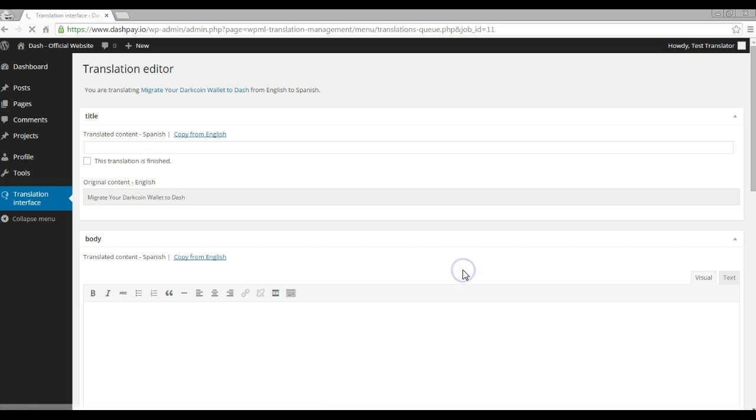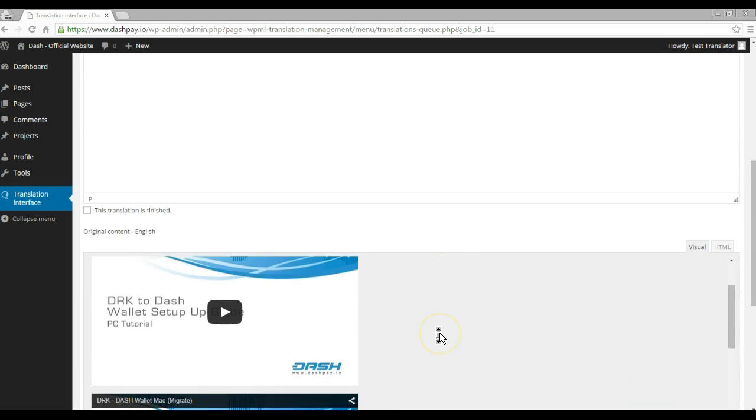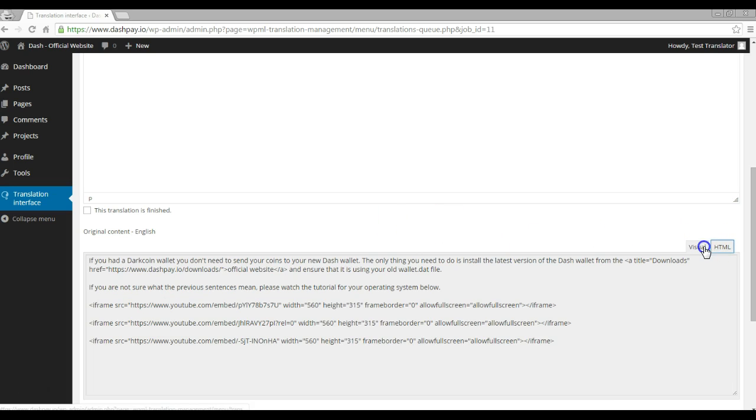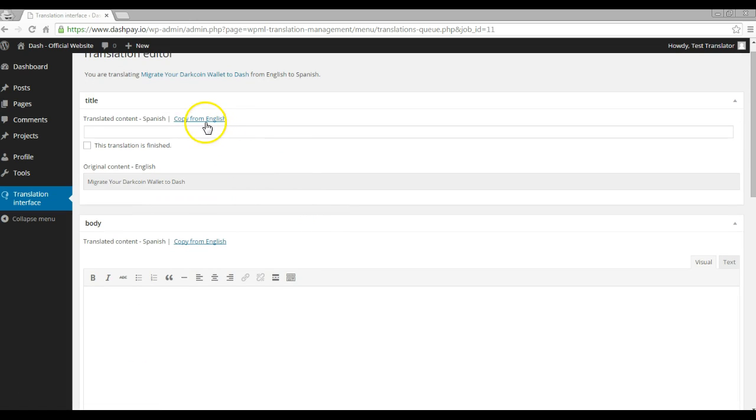In this case, just click here, you see you get this blank page. You see down here you can see how the original one is, kind of, not the page, it's not like in the page. But anyway, you can import the content from English and directly translate it here. So in this case, this in Spanish would be